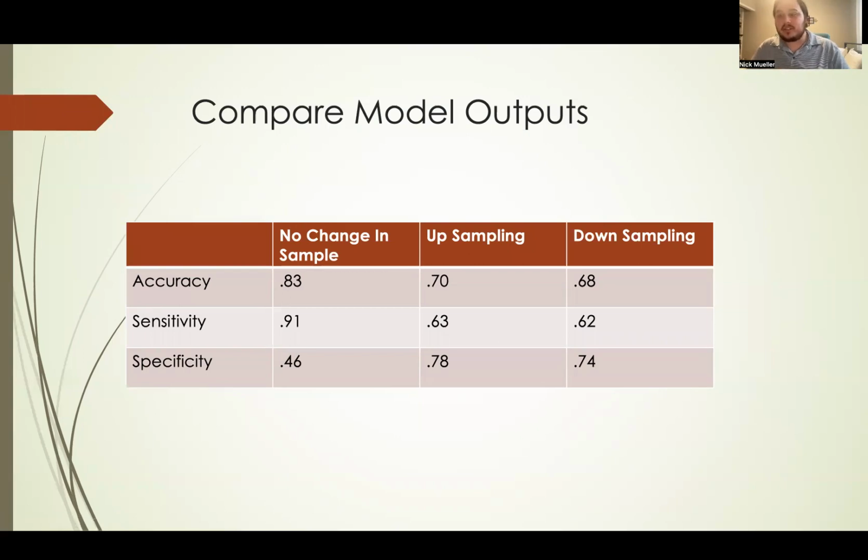And the way it was described to me is, would you rather predict someone who's going to stay or predict someone who's going to leave? And in my opinion, you want both. So we want sensitivity and specificity to level each other out. So in this situation, upsampling seemed to give the best statistics. So we'll go ahead and proceed with that one.